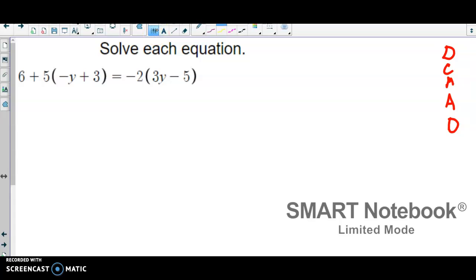And we're going to do our distribute step first. So we're going to distribute. Now, anytime you have parentheses, you will be doing this step. So when I distribute, that means that in front of the parentheses, I'm going to be multiplying to both terms. So I'm going to do 5 times negative 1, which will give me minus 5y. 5 times 3 gives me a plus